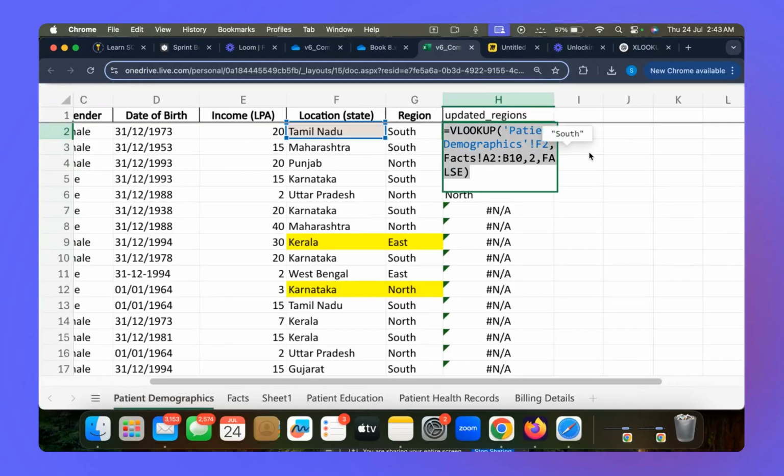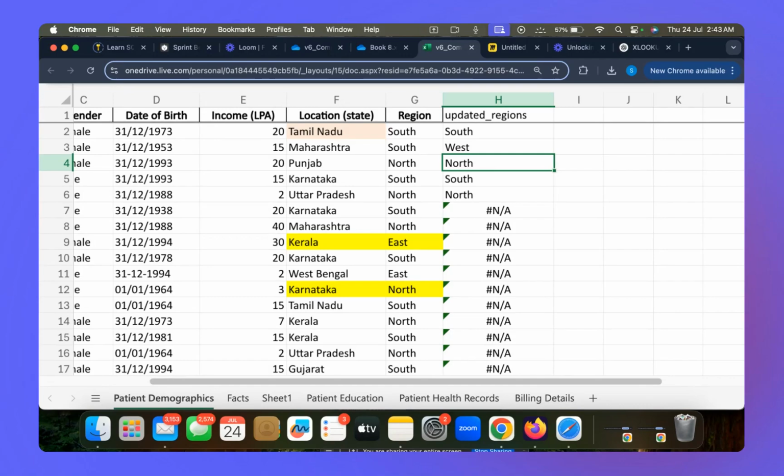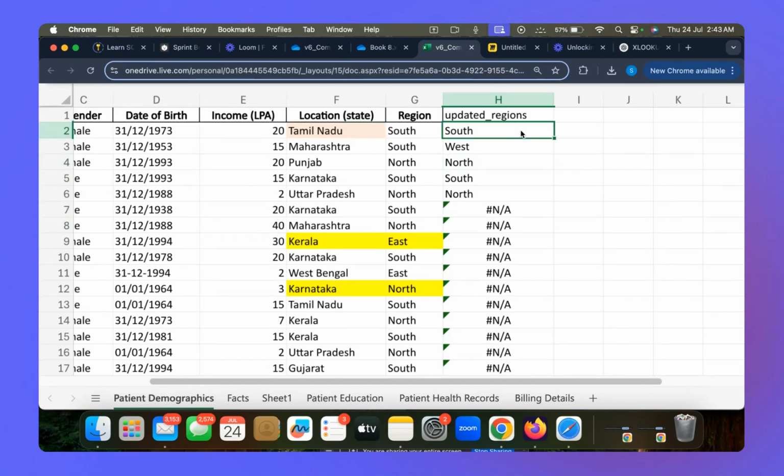I wrote this formula, but I never wrote the formula for the rest of the cells. All I did is drag this formula downwards. And when you drag any formula downwards, just see, from this cell to this cell, your formula will change relatively. Because your position is changing from this cell to this cell, the formula you wrote in the previous cell will also update in the next cell.